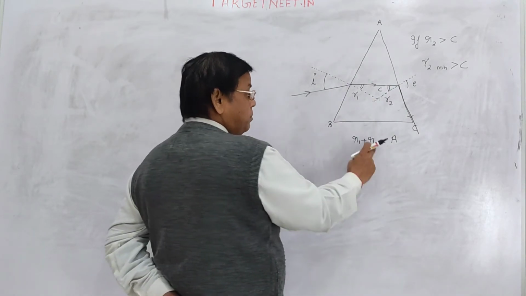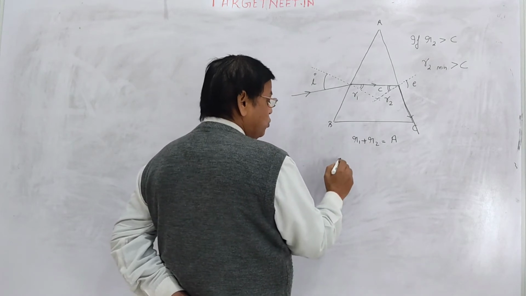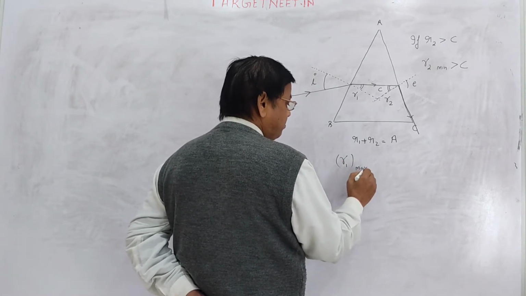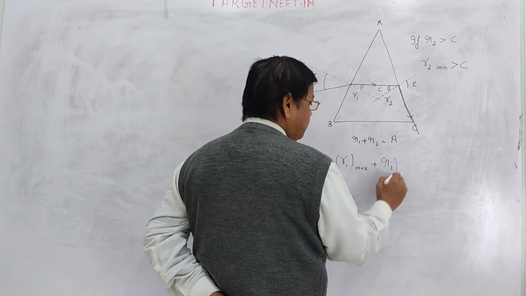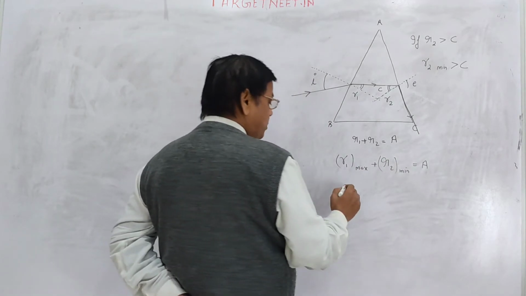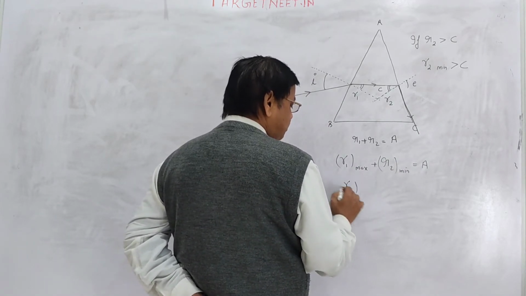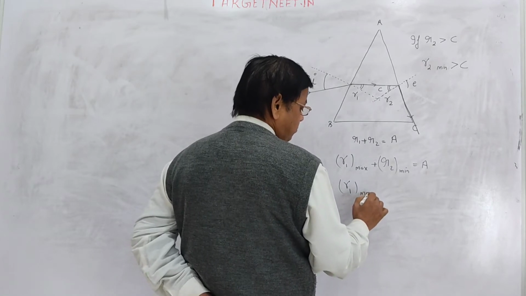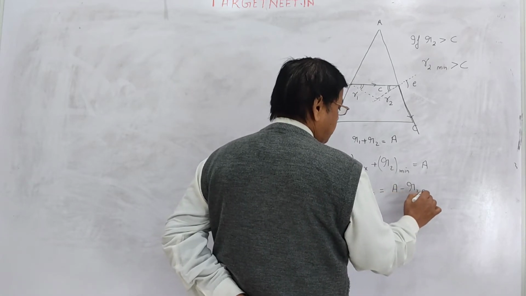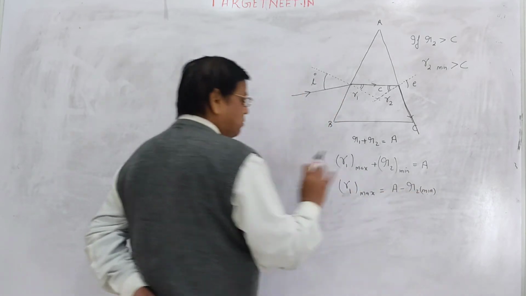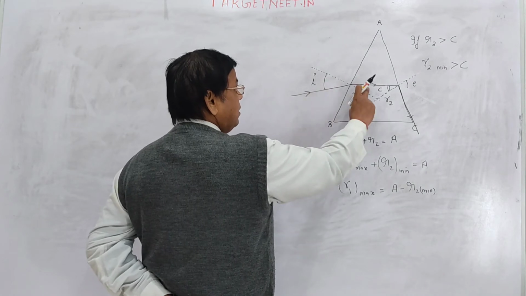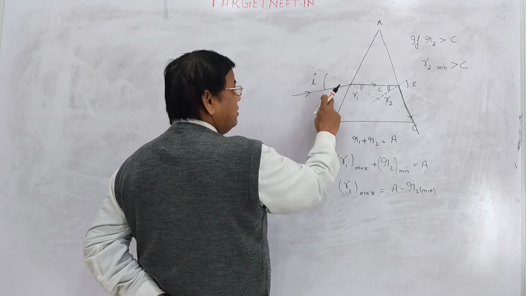Now if R2 is minimum, then R1 must be maximum. So R1 maximum plus R2 minimum should be equal to A. So from here, what is value of R1 maximum? This is A minus R2 minimum. This is R1 maximum. Now here too, if you increase I, R1 will increase, and I can increase I maximum